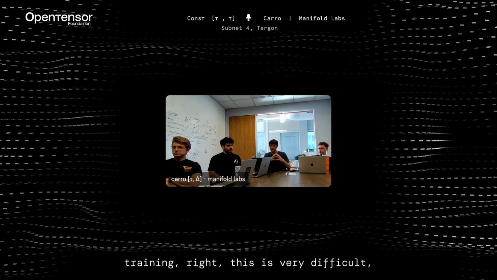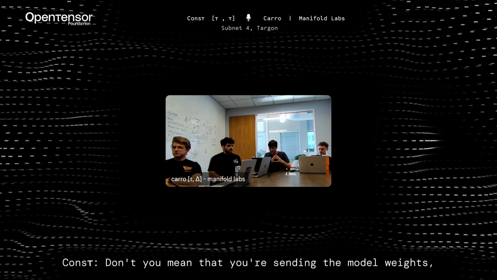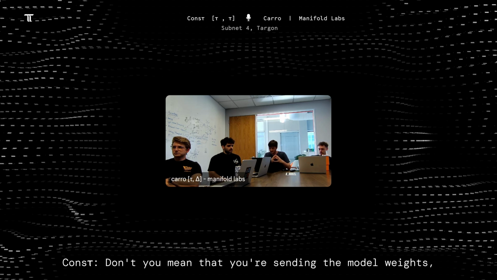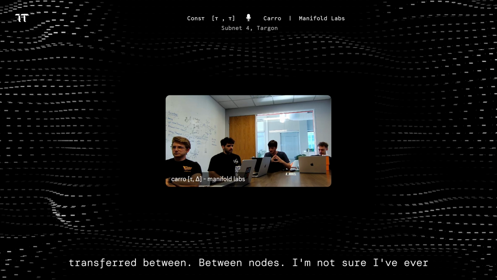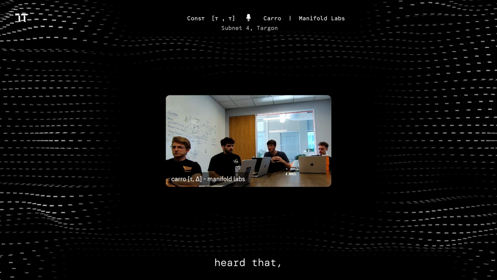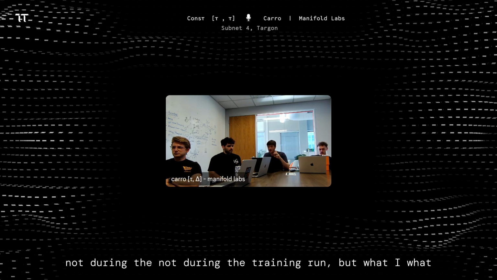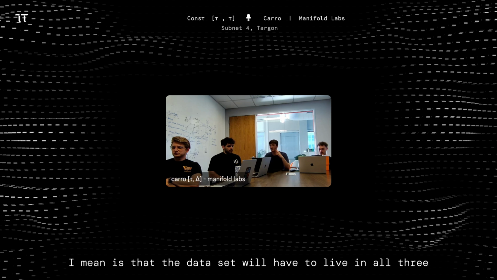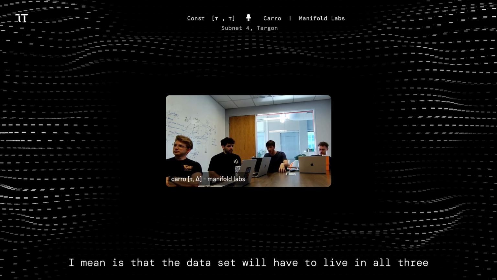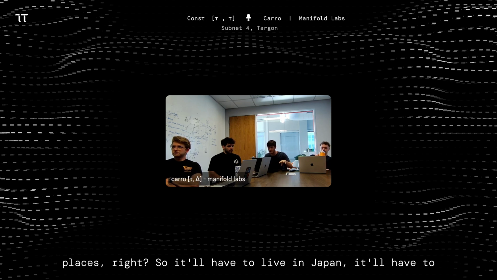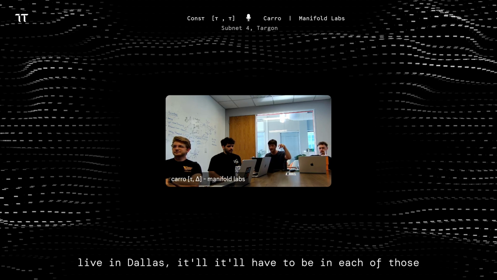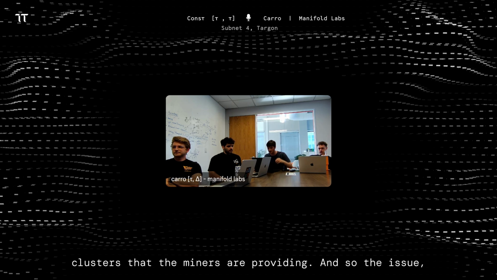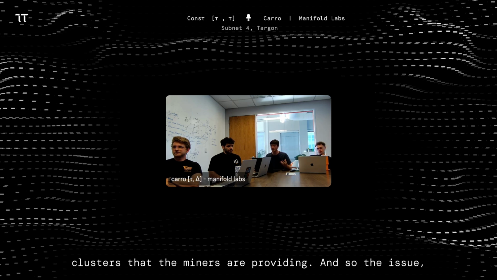This is very difficult. Don't you mean that you're sending the model weights, because the data set doesn't necessarily need to be transferred between nodes? I'm not sure I've ever heard that. Not during the training run, but what I mean is that the data set will have to live in all three places, right? So it'll have to live in Japan, it'll have to live in Dallas, it'll have to be in each of those clusters that the miners are providing. And so